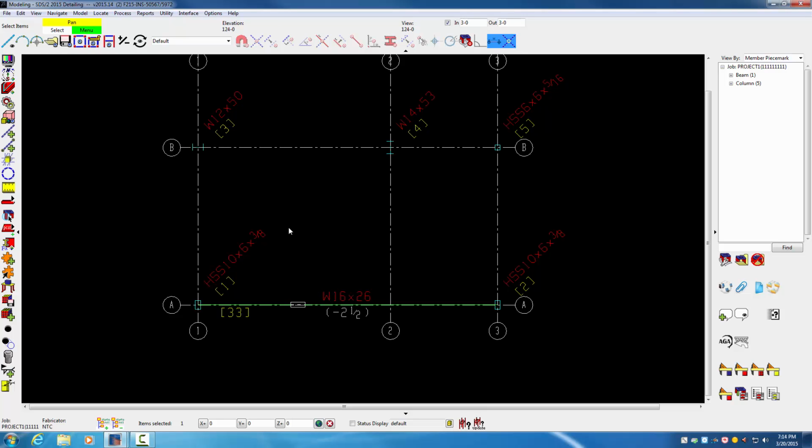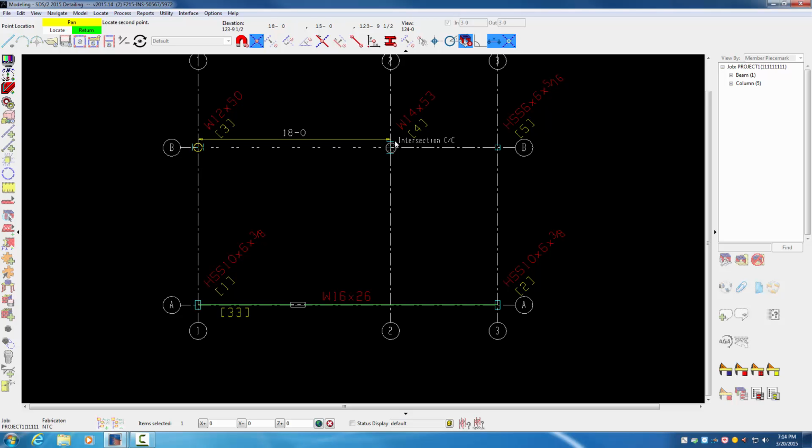Okay, so now we're at elevation 124 and at view 124. If I had multiple ones at that negative 2.5, what I could do is go to reference elevation, and instead of 124.0, type in 123 foot 9.5 and hit OK. Now you can see this beam here that had that negative 2.5, that disappeared because now we are at 123 9.5. And now if I go member add from B and 1,